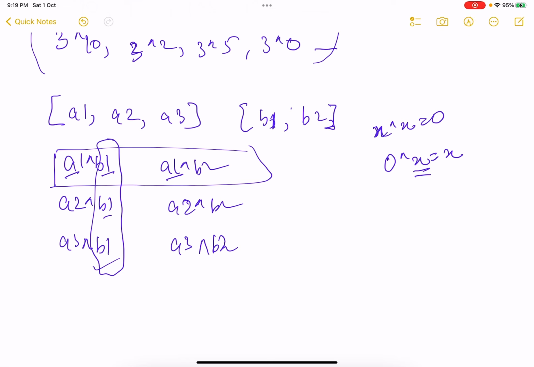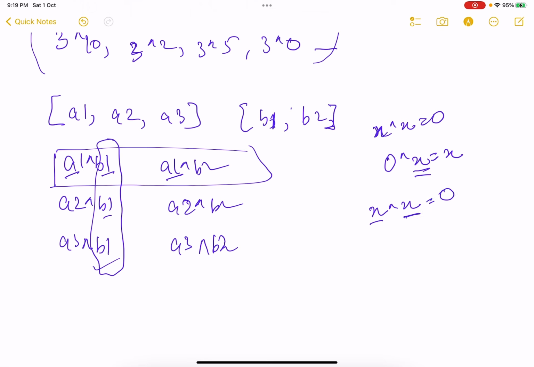Or I can say that if the frequency of a particular number x, if you take XOR of this number an even number of times, for example x XOR x, so there are two occurrences of x, you get 0.